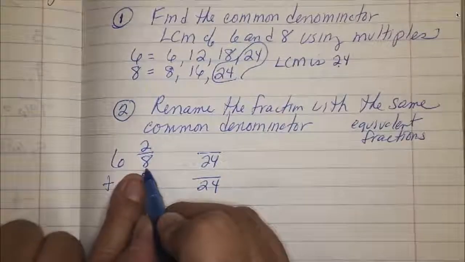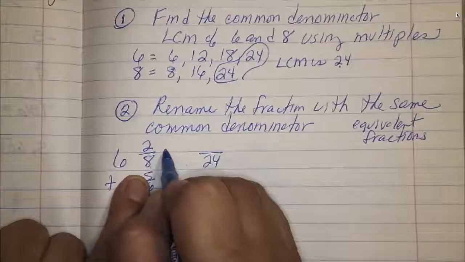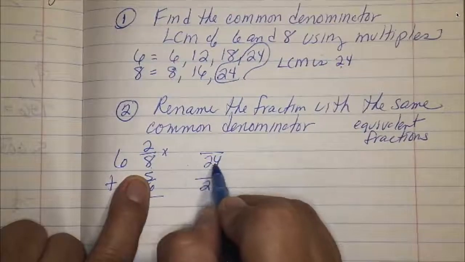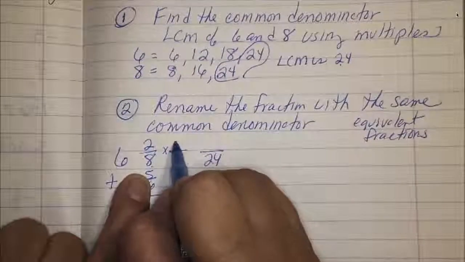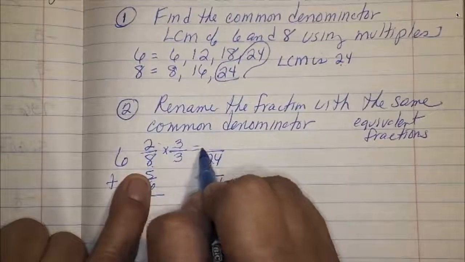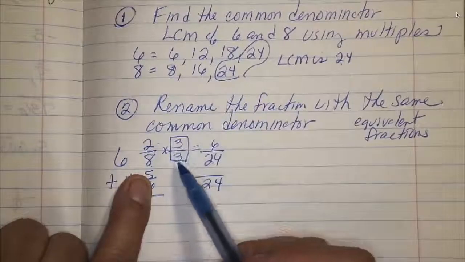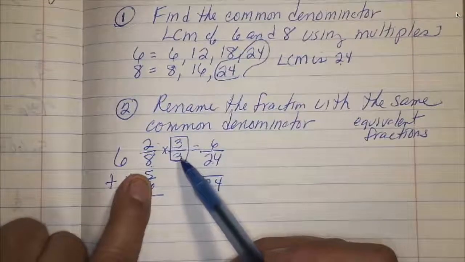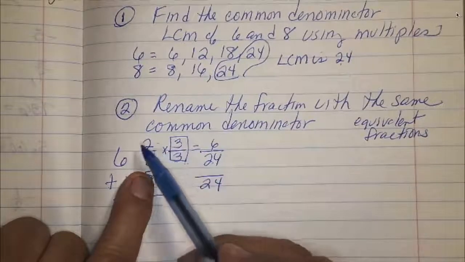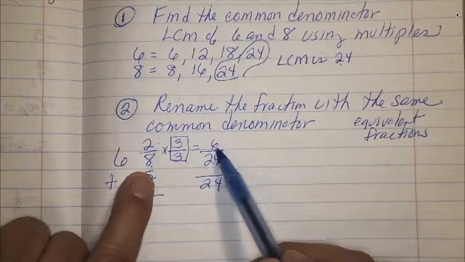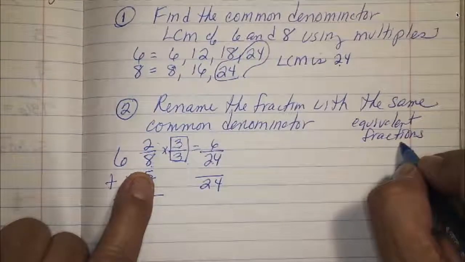So what we're going to do is ask ourselves, how many times does 8 go into 24? Or 8 times what number gives me 24? So we know that 8 times 3 is 24. So 2 times 3 is 6. We are multiplying by 1. Or the way we used to say it is, whatever you do to the bottom, you do to the top. So 8 times 3 is 24. 2 times 3 is 6. These two fractions are equivalent. So 2/8